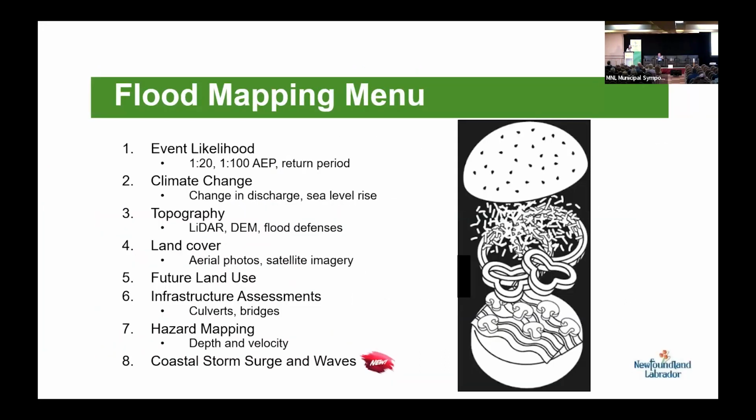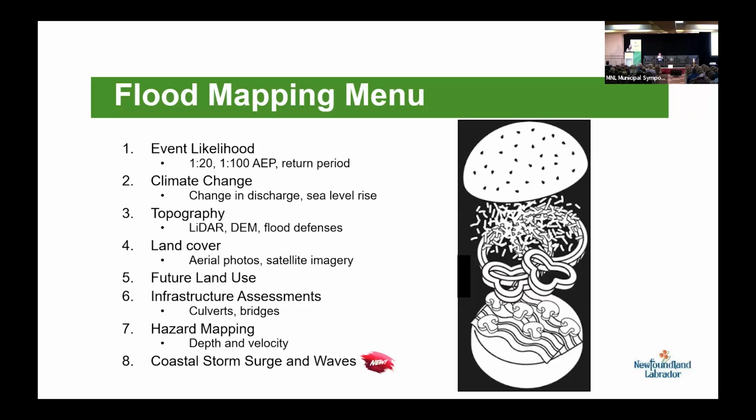So what goes into floodplain mapping? Well, if you look at floodplain mapping, it's almost like a burger. You can have different things on your burger, and the options of what can go on your burger have increased over time. So you're looking at things like what's the event likelihood that you want to map in terms of the flooding? Do you want to include climate change? What kind of topography